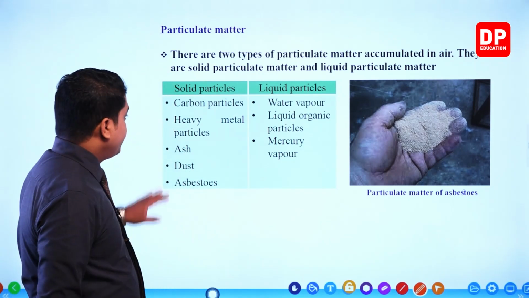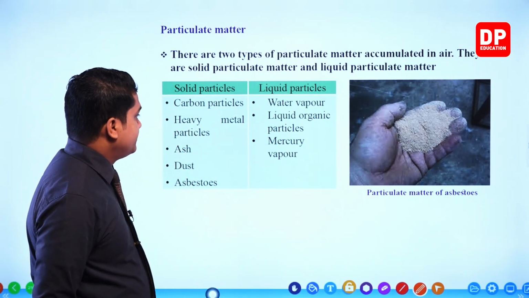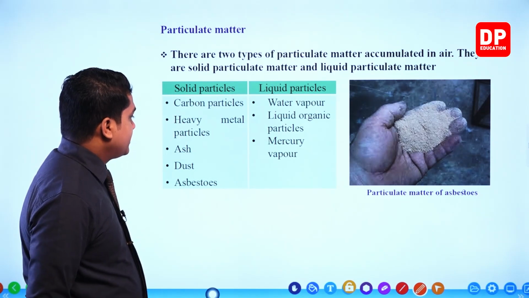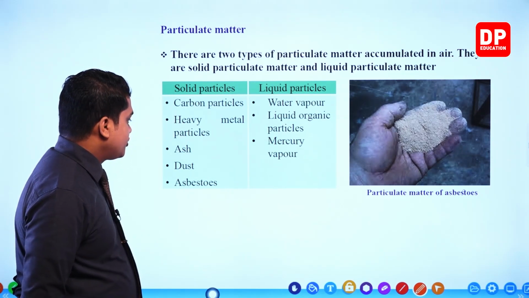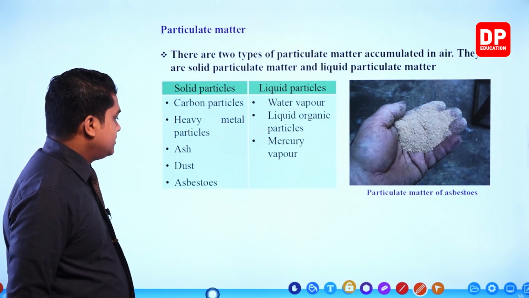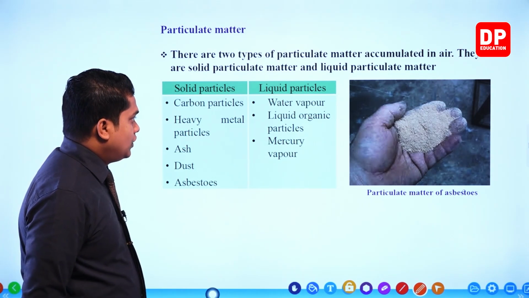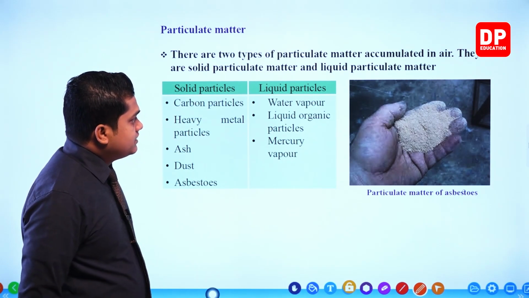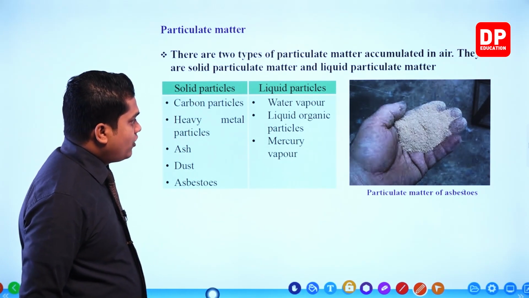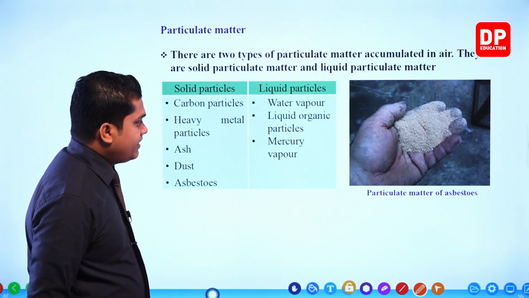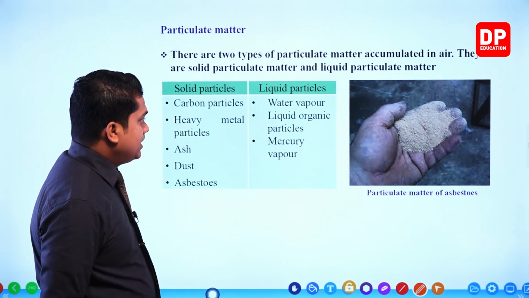Okay. So first one given, carbon particles. Second one, heavy metal particles. Third one, ash. Number 4, dust. And fifth one, asbestos. Then liquid particles: water vapor, liquid organic particles, mercury vapor. Okay, so